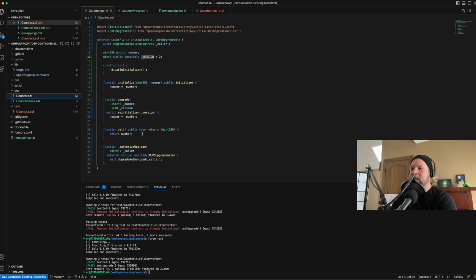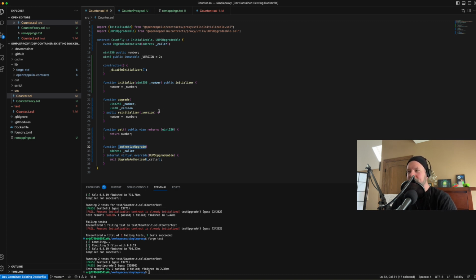But now we're actually upgrading the code itself so that we can make changes to the logic if there is any logic. And we can also delegate, using the UUPS mechanism, the authorization to the code itself for the contract. So we've just achieved a much more useful level of